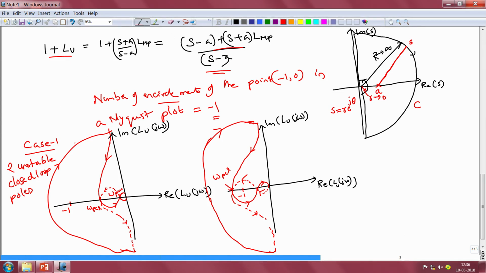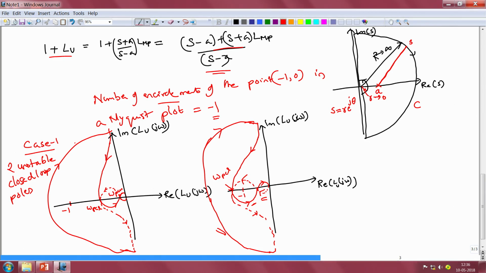If we focus on this particular Nyquist plot, we see that in this case this big loop does not encircle the point -1 at all, unlike in the previous case, and we have one loop here that encircles the point -1. The other loop that is close to the origin once again does not encircle the point -1. So, this one does not encircle the point -1, this one also does not, it is only the middle loop that encircles the point -1. And in what sense is it encircling it? If you notice here, it is encircling it in the counterclockwise sense.